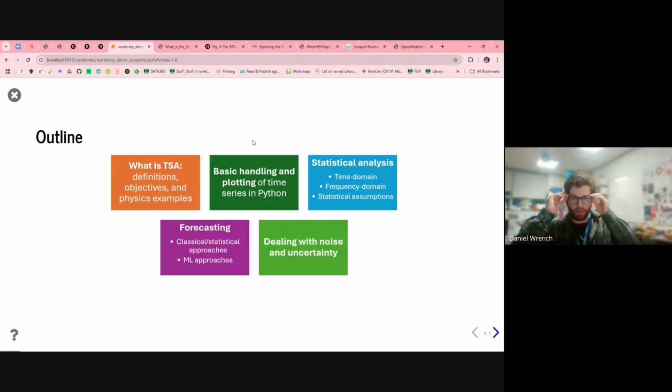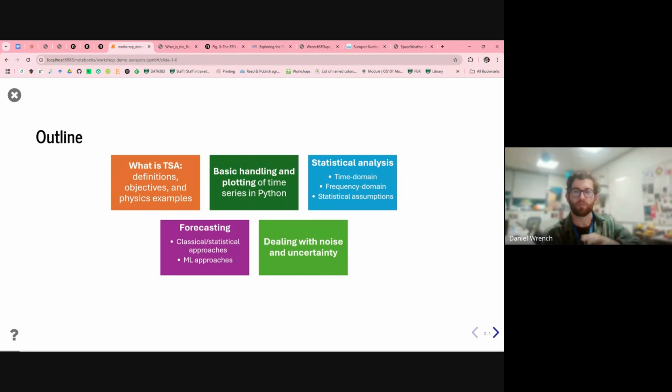So what I'm going to cover ideally is firstly just an introduction to how we even define a time series in the first place, what we're trying to do with time series analysis, as well as some other examples outside of solar wind turbulence, which is what I'm most interested in. What are other common ways of analyzing time series? And by the way, do feel free to ask questions during, if you feel like it, though there should be plenty of time at the end as well.